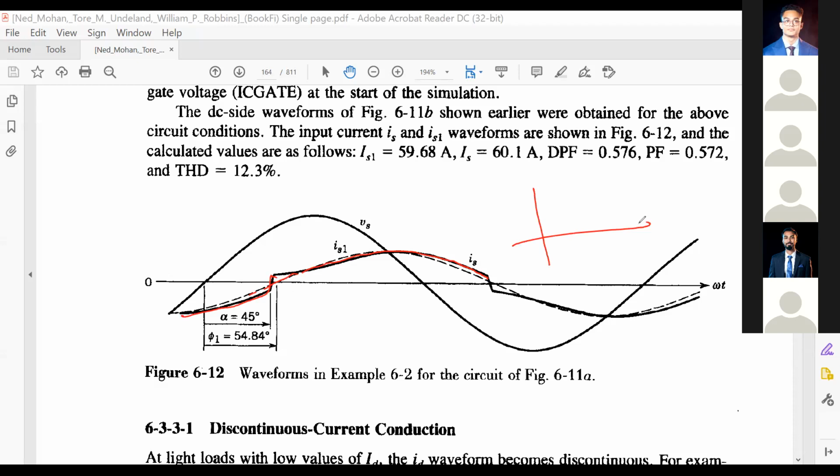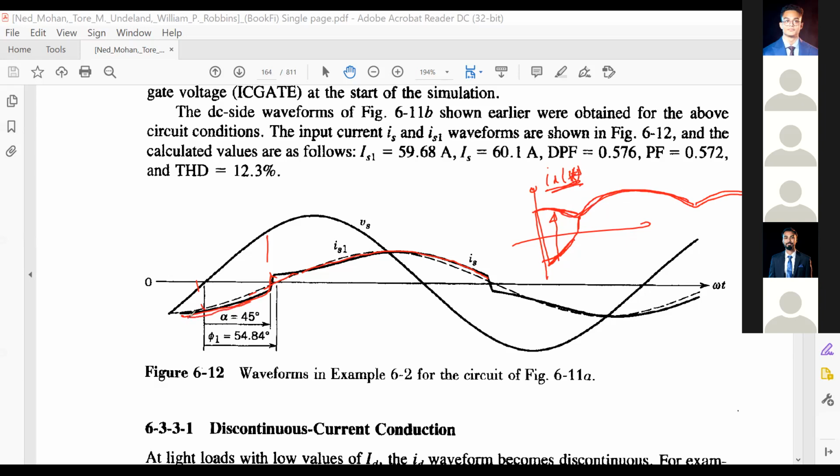Because that is nothing but this is your IDT. So this will come as positive. So that will be like this. And then that will be the mirror replica. So this IS will be the negative value, and then that will be a positive value. So if you just take it this side, that will give you the ID. You understand what I want to say? ID will be always positive, right? ID will be always positive. The load current in the DC side is always positive.